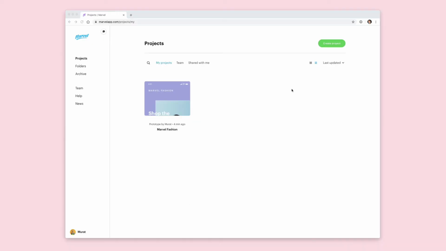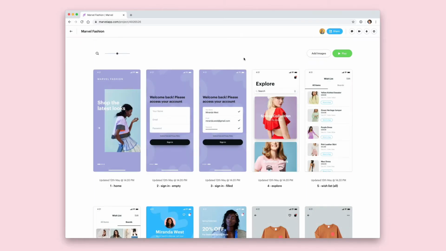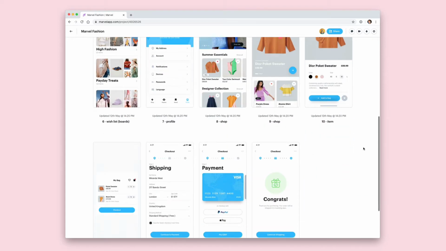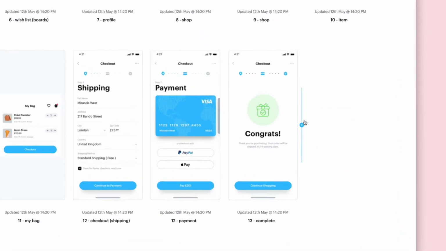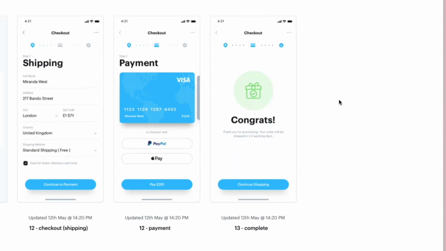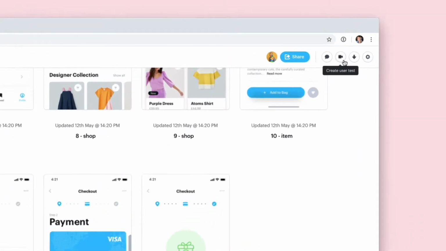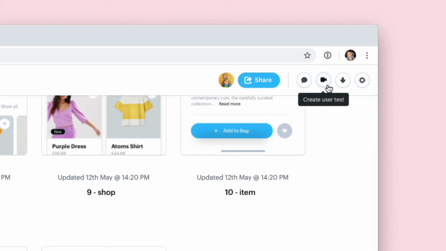Okay, so let's create our first user test. Head into any project in your Marvel account, and here I have a mobile store. And what I want the user to do with this is get through the sign up process, purchase an item, and then check out and pay for it with their credit card, reaching the goal completion screen which says congrats on it. So now if I head up to the top right hand corner, I can click the create user